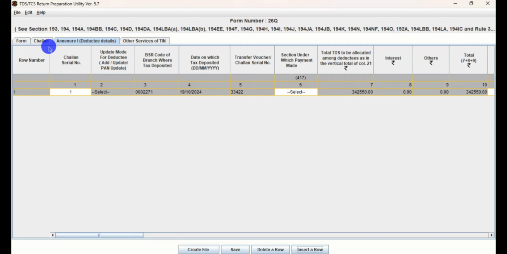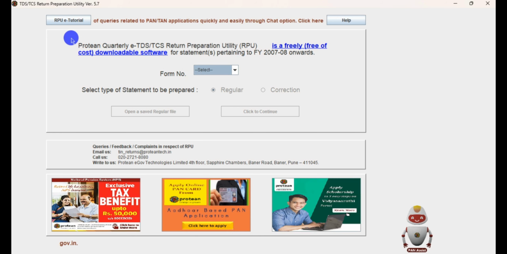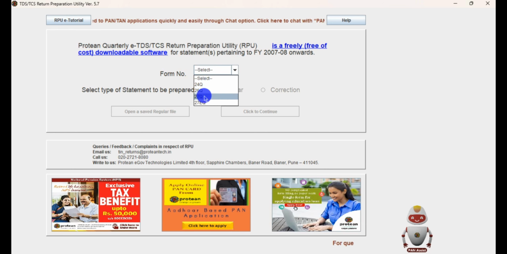Now from the previous challan page, the challan number and other details are auto-populated over here. And from this drop down, I have to select the section against which I have paid the TDS. In my case, it was a land sale by an NRI, so it is section 195. So I have to scroll down and find it. In my case, 26Q was not applicable, because it was for section 193 and other sections, whereas 195 is 27Q. So I have made a mistake in selecting the form, so I have to draft a new form again, because I have to select the return type on the first page.